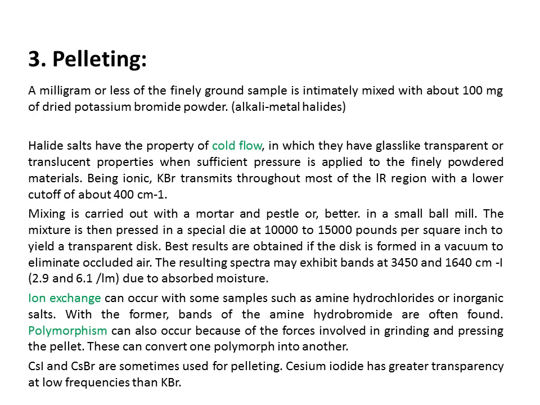So what is done is, you take the analyte and add KBr to it. You make a fine powder using a mortar and pestle, or you can use a small ball mill also. Once you have this mixture formed, you have a hydraulic press. You put your material into the die and apply a pressure of 10,000 to 15,000 pounds per square inch. It is going to give a transparent disc due to the cold flow property of your alkali metal halide.